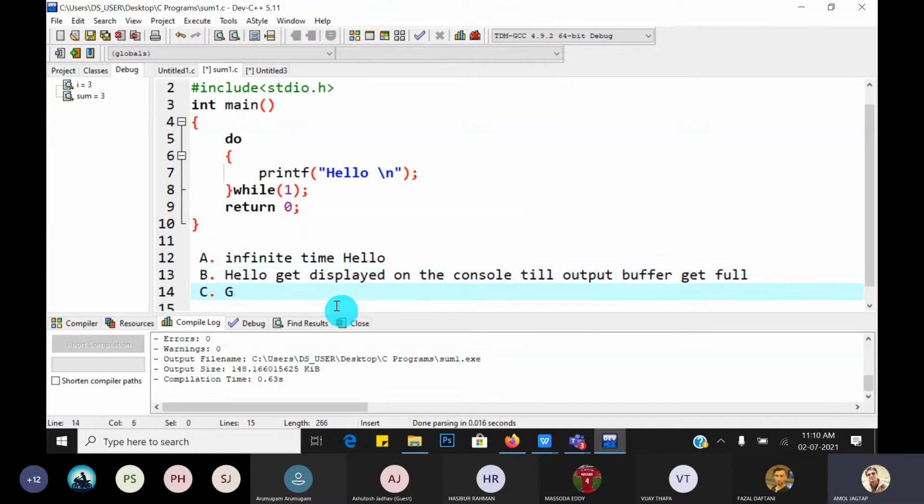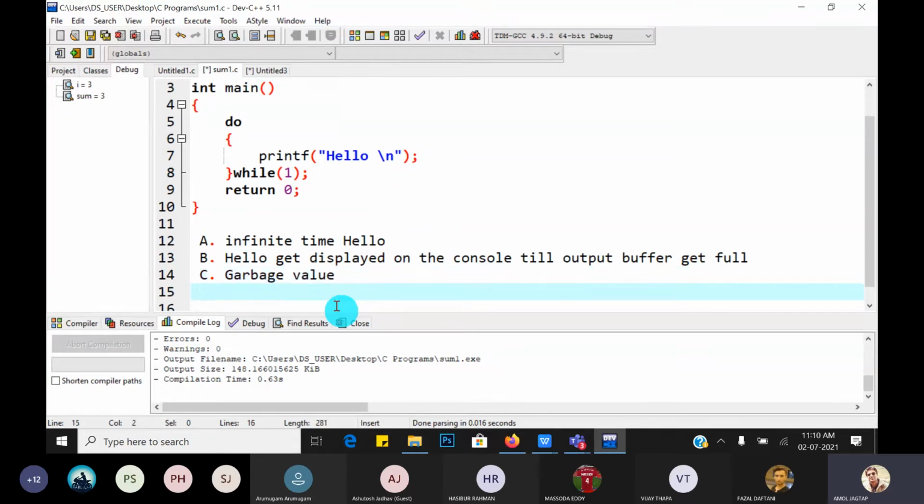Suppose C is garbage value, D is syntax error. Okay, so which one is the correct?